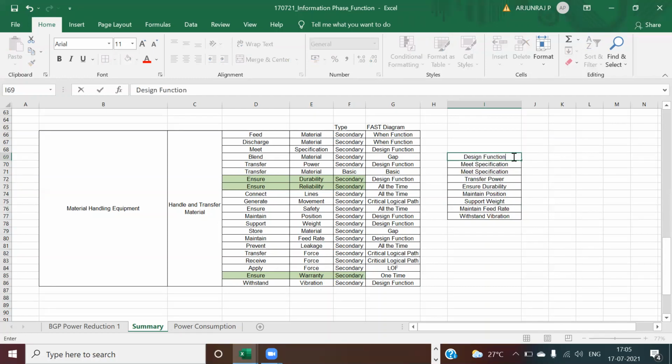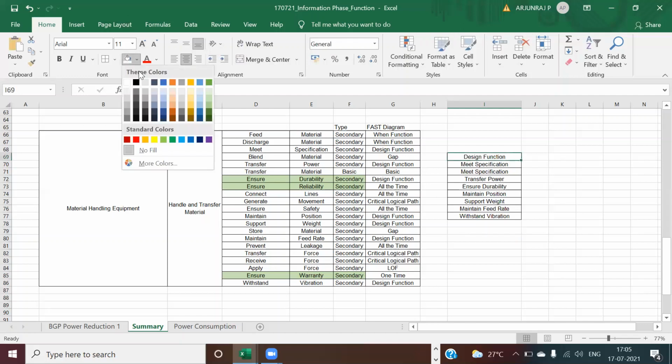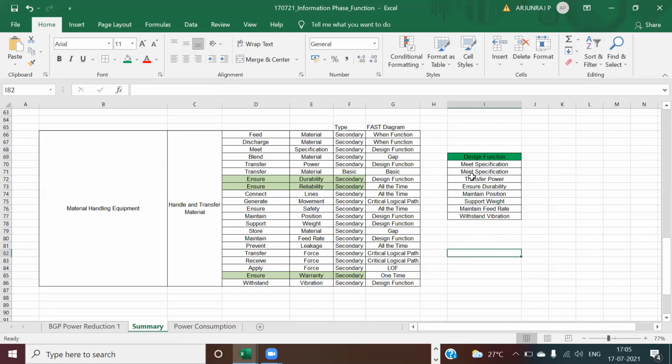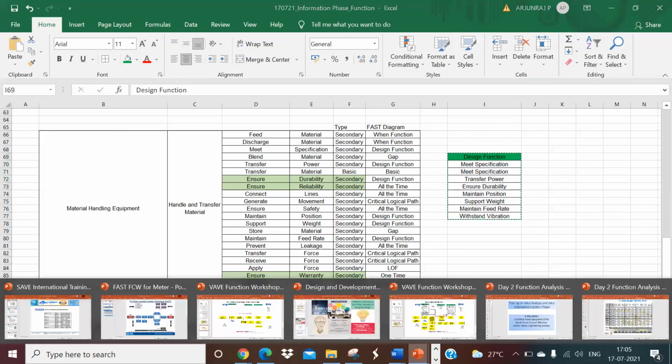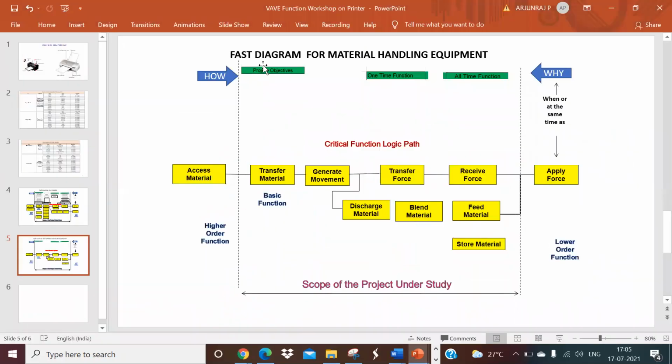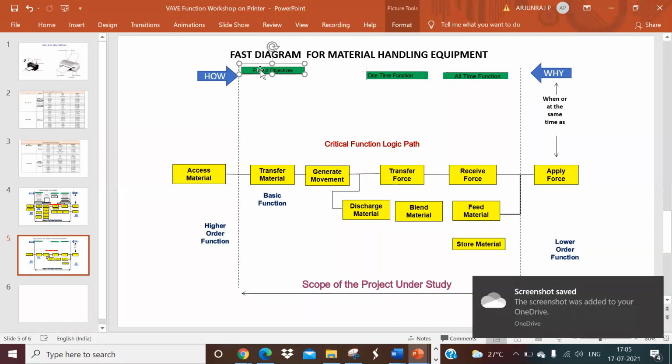Arjun sir, I had one doubt. Basically, we are using the material handling equipment to ensure the availability of material for production, because we need to keep the production going. That is why material handling is in place. So where do you capture this? That's what transfer material is. It is going to transfer your material, so that's what transfer material is going to do. Okay.